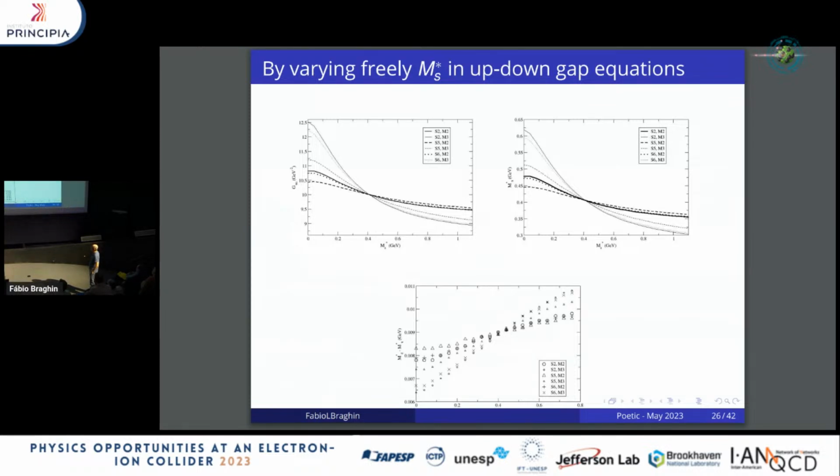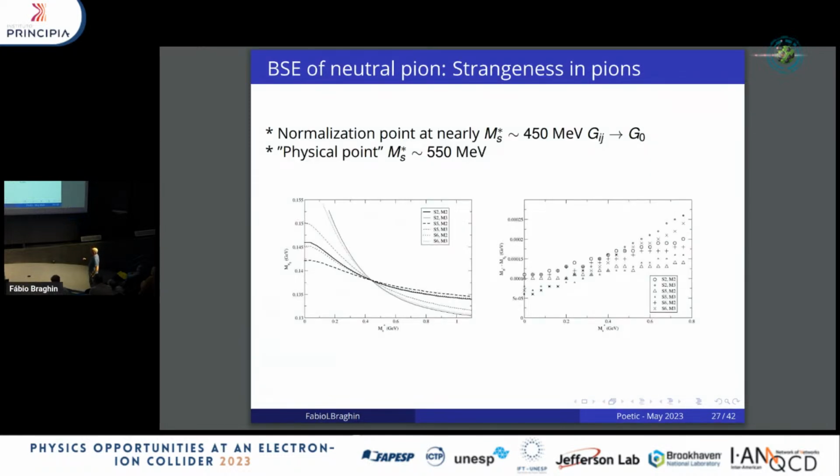masses and properties. Here is the quark mass difference as a function of up and down, as a function of the strange quark mass. So all the up and down sector are calculated self-consistently. Only the strange quark mass is varied randomly. This is the variation of the neutral pion mass as a function of the strange constituent quark mass. There are here 3 sets of parameters with 2 ways of considering one of the coupling constants. This is not important. The important is that all of them show the presence of the strange quark in the up and down